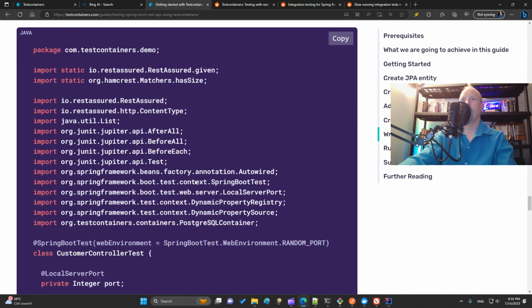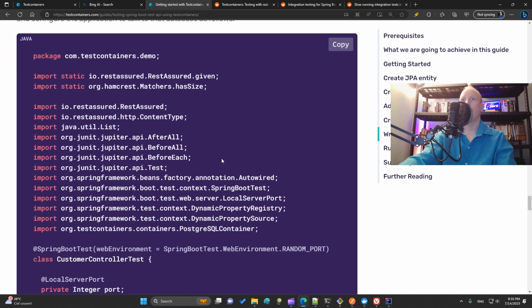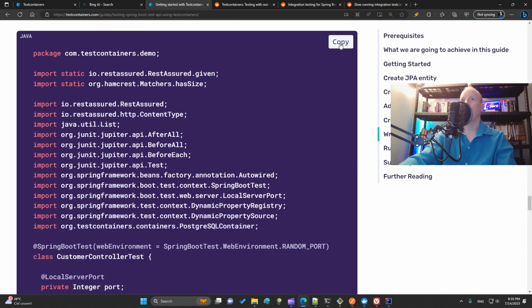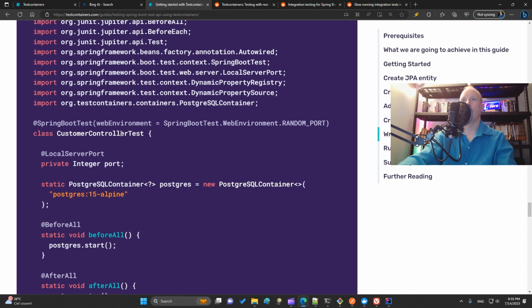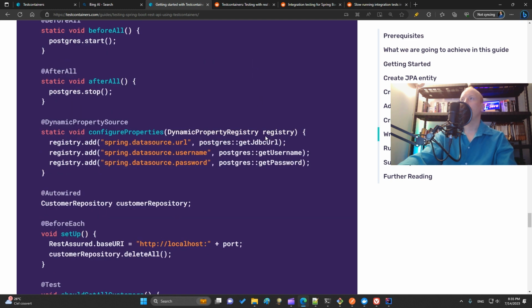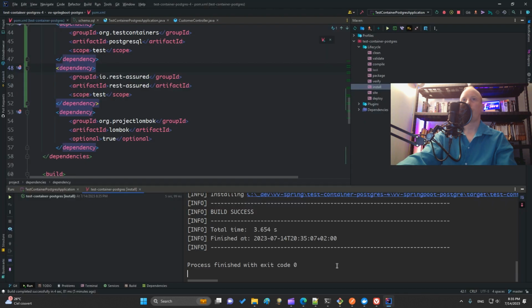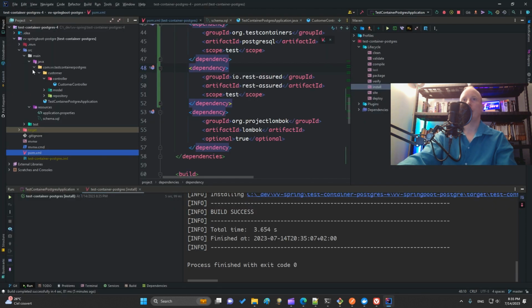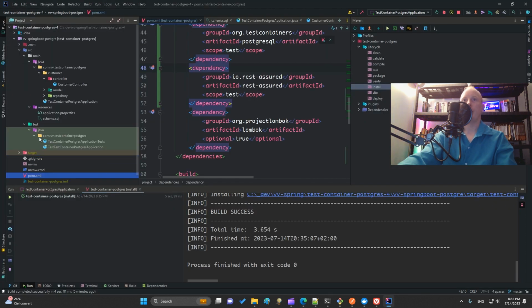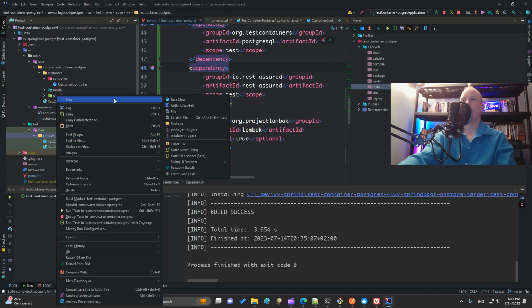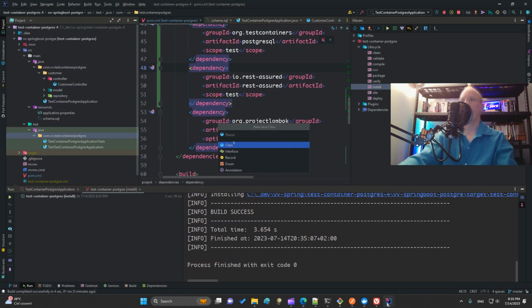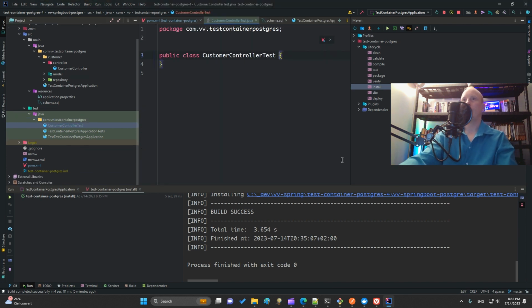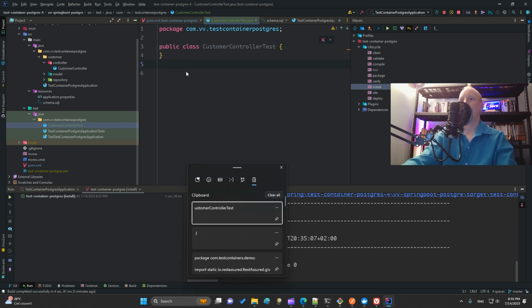I get back to my explanation. And then we have the test, which is just here. I will copy it. I will copy the name and we'll create this test. I will explain it in IntelliJ. So I go to my project, I go to the test part. Here I create a new Java class.